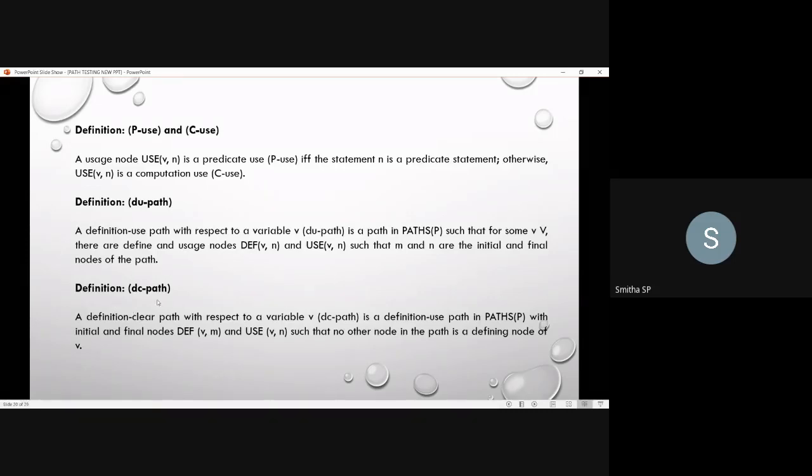Next is DC path. What is DC path? It is a definition clear path. DC is nothing but definition clear.